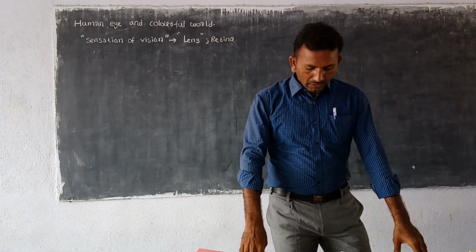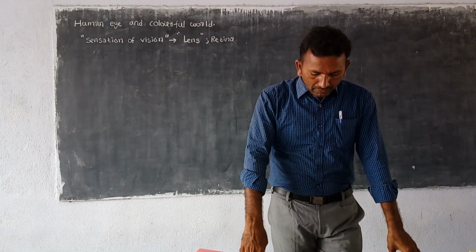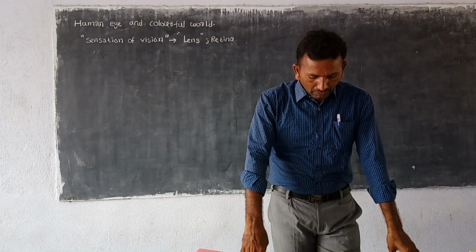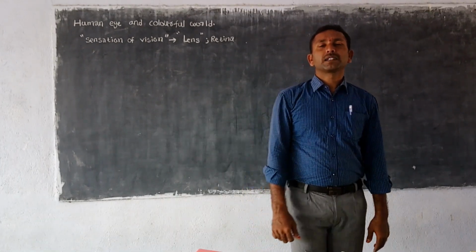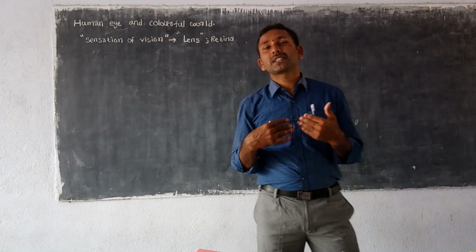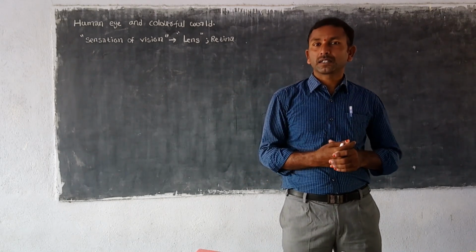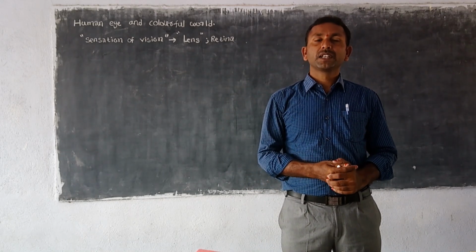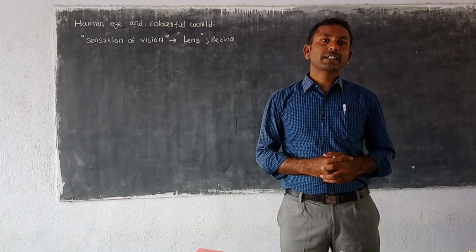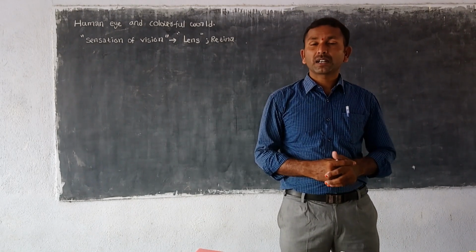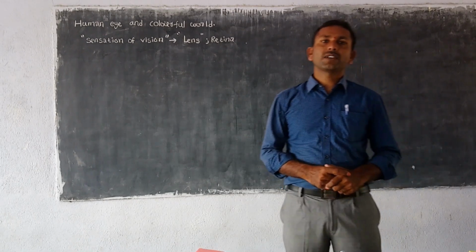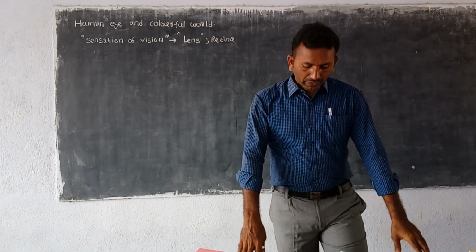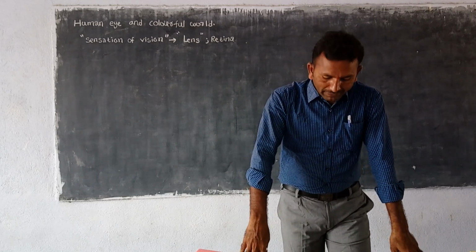And how do the lenses used in spectacles correct the defects of vision? Some people cannot see closer objects, and some people cannot see farther objects clearly. To correct the defect we use lenses, and how the lenses are used in our eye, we have to know the answer for these questions.